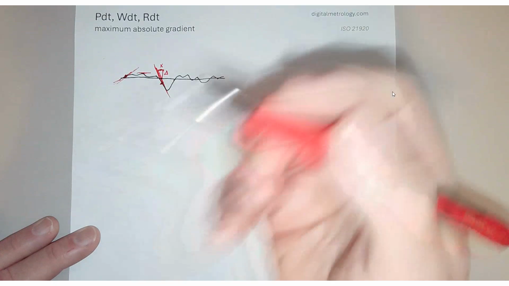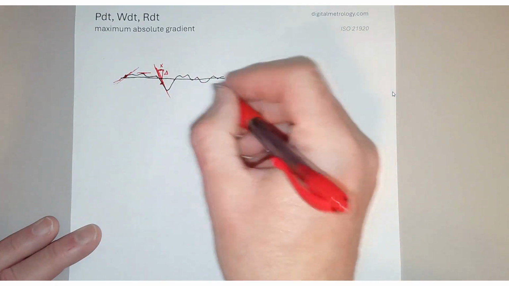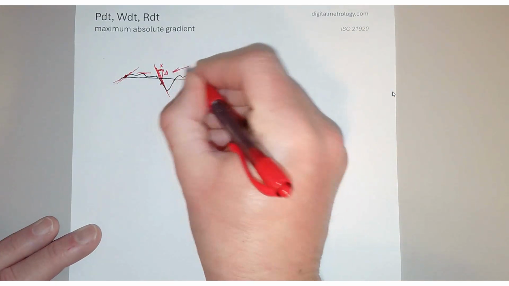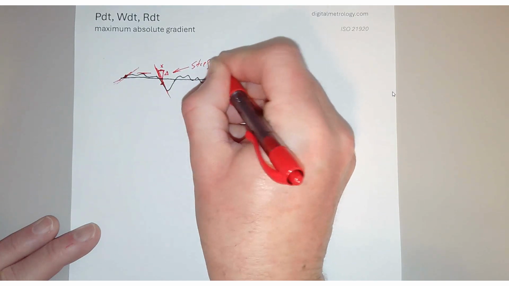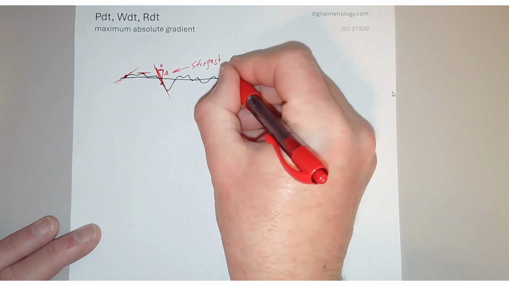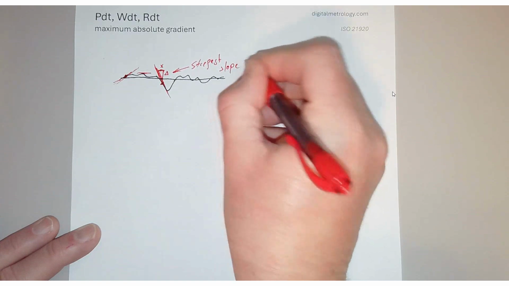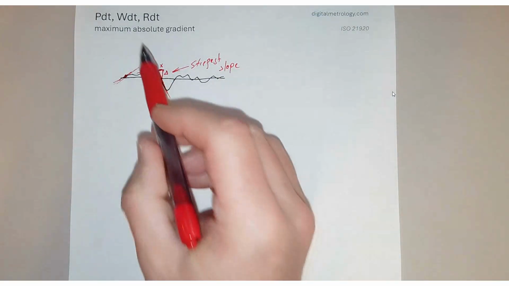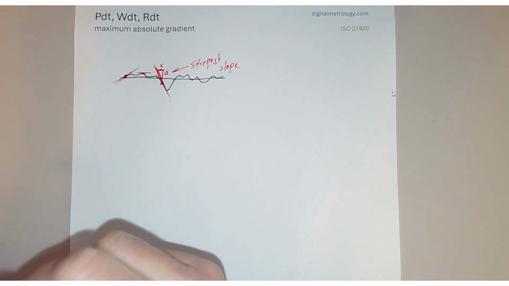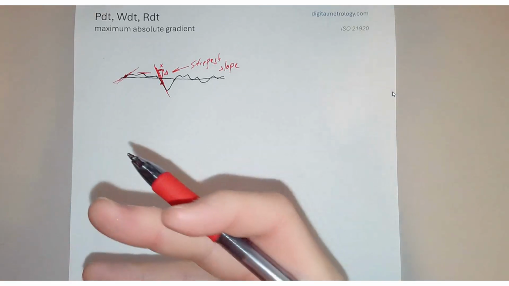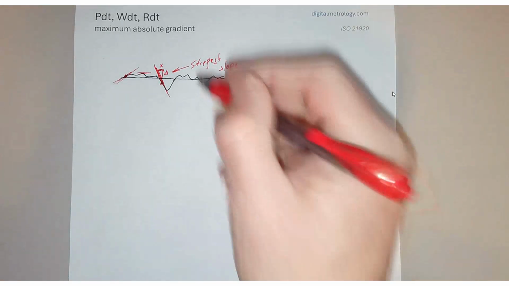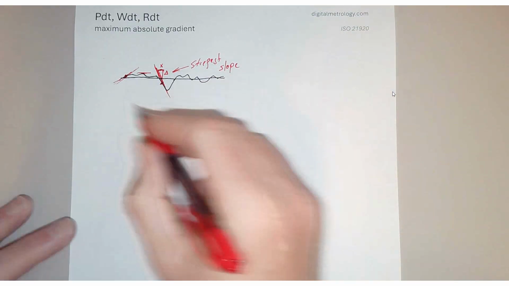Gradient's another word for slope or delta, and the maximum gradient is the steepest slope. Now this is the steepest slope regardless of direction. That's the absolute word. The absolute means the absolute value, it's up or down, and we can capture the steepest